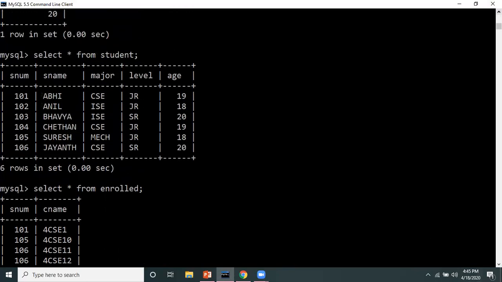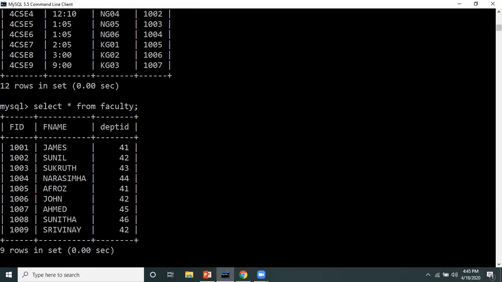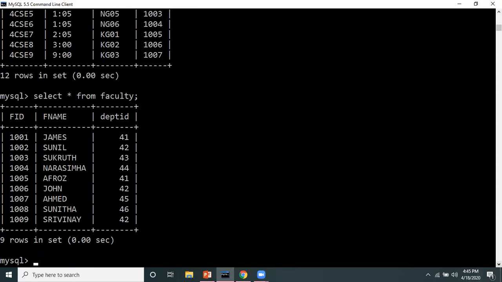Then we see the student table: 101 is 19 years old and 102 is 20 years old. So finally we are getting the maximum age, that is 20, of the students whom Professor Sunil is teaching. So this was without nesting.